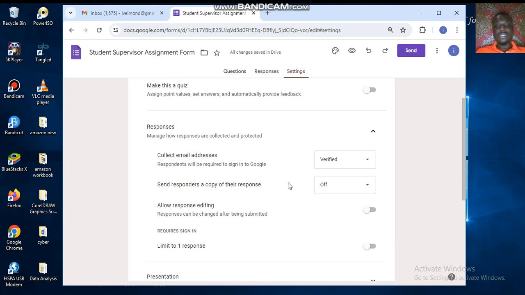So if you'd like to send the respondent a copy of their response, you can turn on this button. It's mostly used when they are taking tests, or when you're signing up for a job. Okay, so if you want to view what you filled in the form, you can always